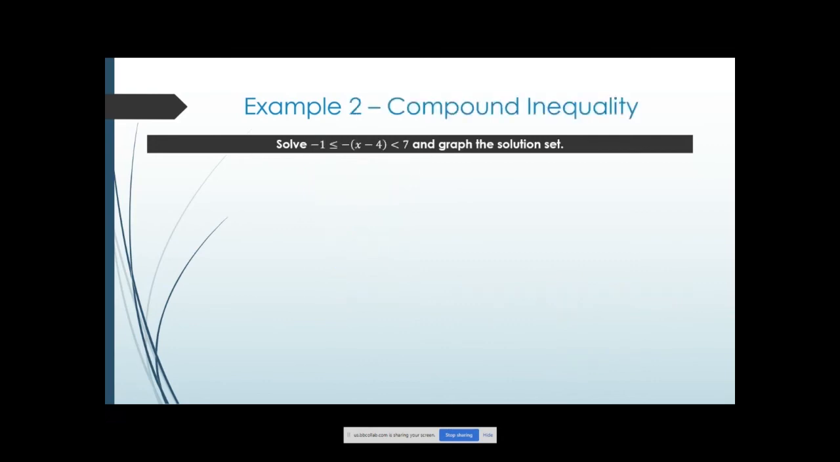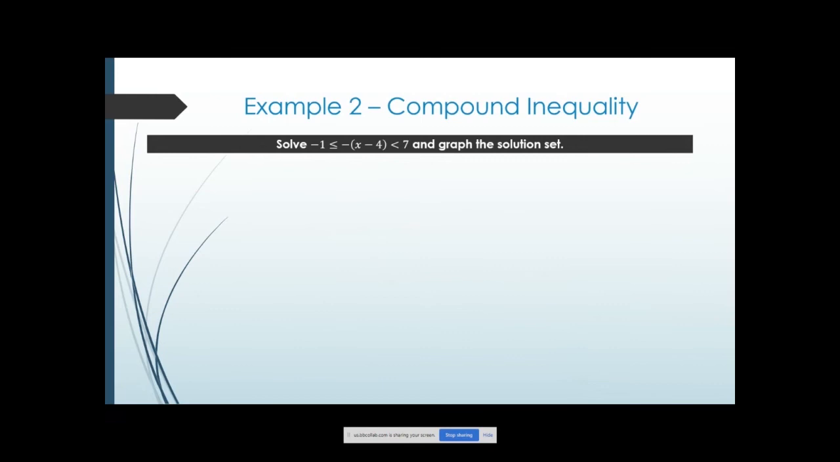Okay, so example 2 here, we have a compound inequality. A compound inequality is when you have two inequalities and they are combined. So instead of having a left and a right side, we have a left, a middle, and a right. The rules apply for this, and we solve it just like we would do anything else, except that instead of doing it to both sides, aka left and right, we have to do it to 3 sides, left, middle, and